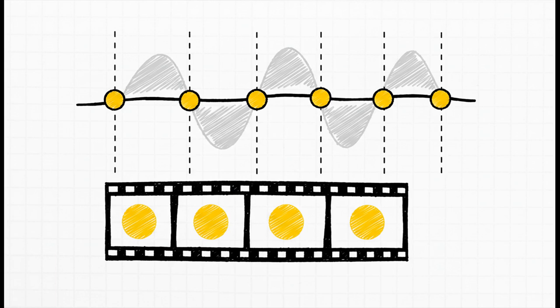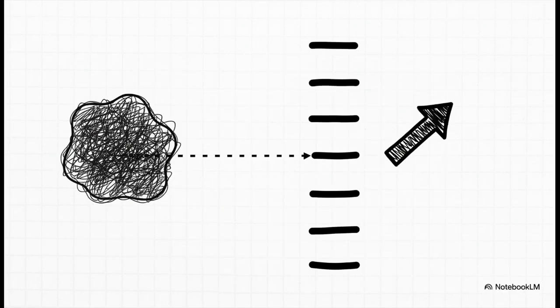What it does is take a quick measurement, a snapshot, of the wave's value at thousands of perfectly regular moments, every single second. It's exactly like how a movie is just a series of still pictures shown really fast. And just like with a movie, the more samples, or frames, you take, the more accurate your final representation is going to be.